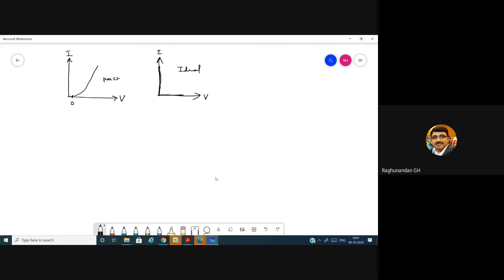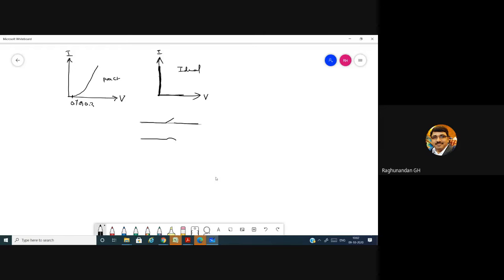You can observe in the practical characteristics, after 0.7 or 0.3 only, the diode will start conducting. That's why the current starts increasing. But in the ideal approximation, what they tell is, even a very small amount of voltage applied to the diode, there is an increase in current. Is it possible with respect to the practical diode? If you apply a small amount of voltage, will the current pass